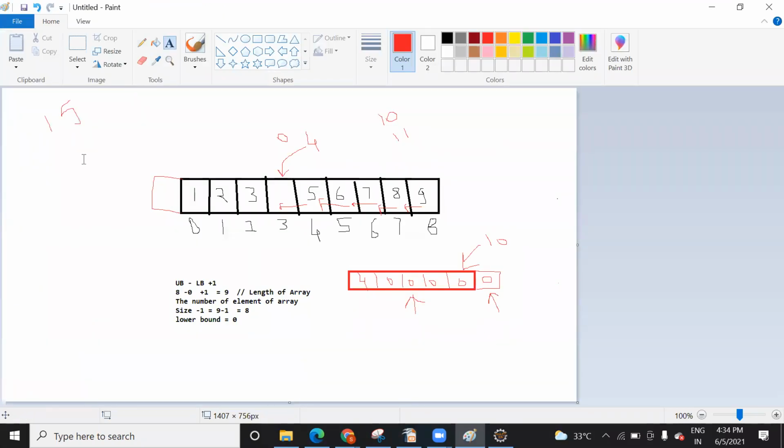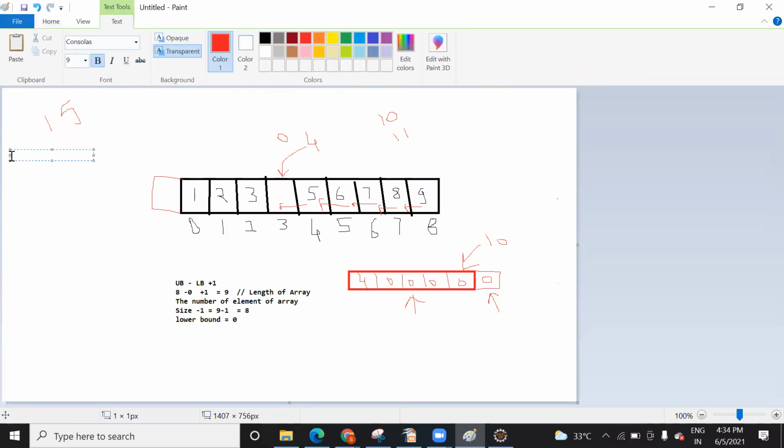Suppose for I is equal to 0, I is less than or equal to 5, I plus plus. And inside this, you need to check: is my a[i] equal to 15? Suppose a is an array. So a[i] is equal to 15.